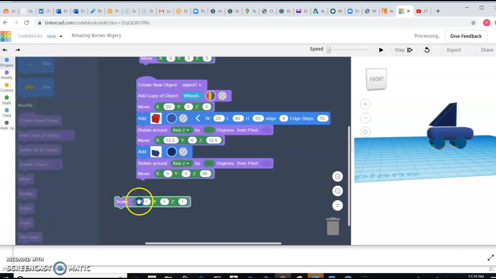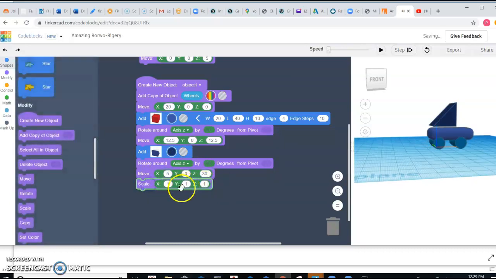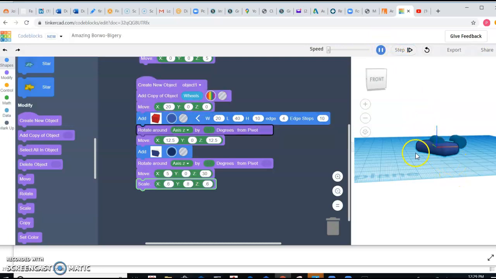I got to bring it down because it's looking a bit too much for the car. So I'm going to scale it down. Let's scale that down by about 0.6 on the x and the z. 0.6 and maybe that 0.8, okay? 0.8. Now this is, until you see if it's to your dimensions, all right? So here, when I play back,